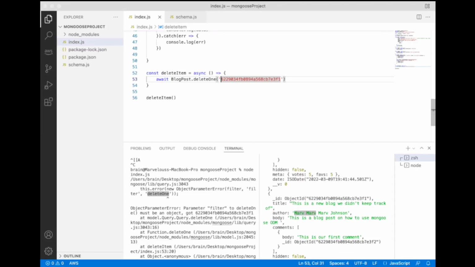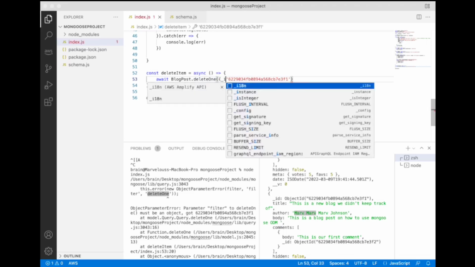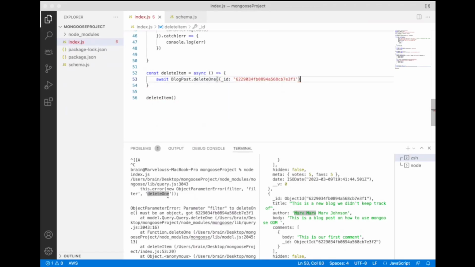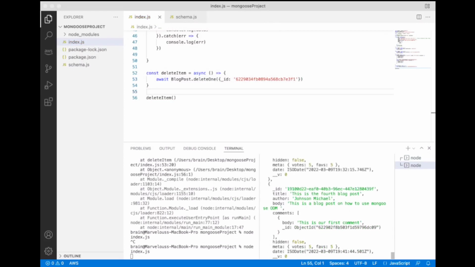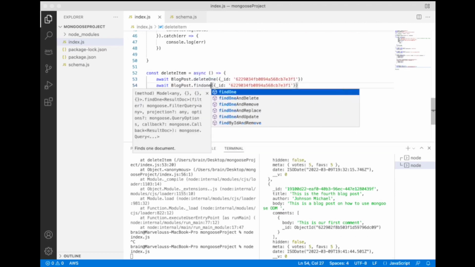Okay. So yeah, I think we probably have to specify. I think so. Let's see. Yeah. Okay. So that was expected. We actually had to specify it this way, but of course we can then do findOneAndDelete as well,